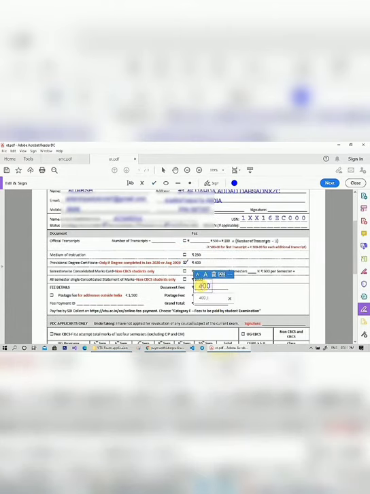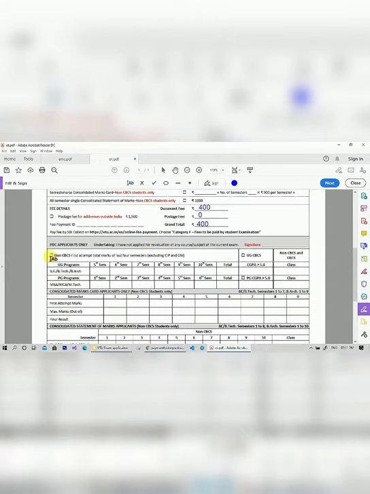And then enter document fee as 400 rupees and postage fee 0 rupees if you are from India. Otherwise you have to pay extra 1500. And then make the grand total, enter it here. If you are a non-CBCS student, enter your UG marks from 5th to 10th semester. If you are a CBCS student, check this UG CBCS option and enter your CGPA and also your class.